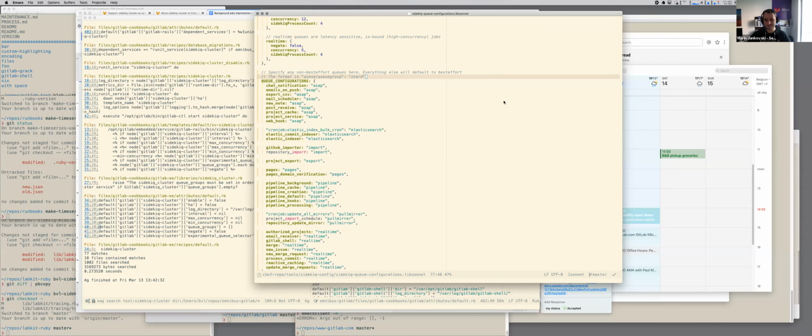Thanks, Rachel. Oops. Okay, so yeah, as I was saying, this is how the old way of configuring which machines